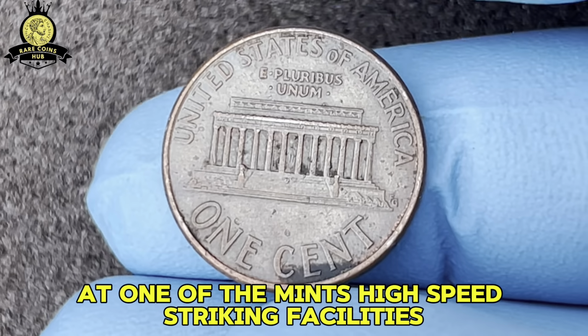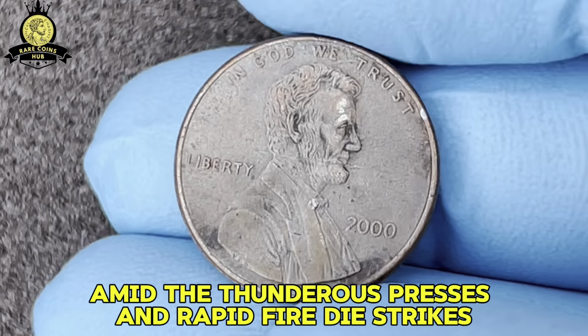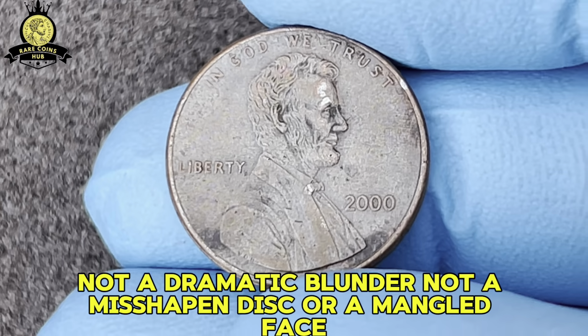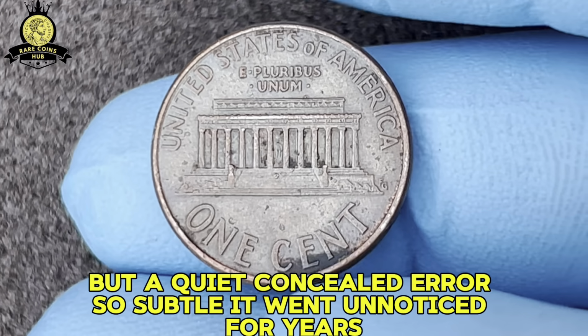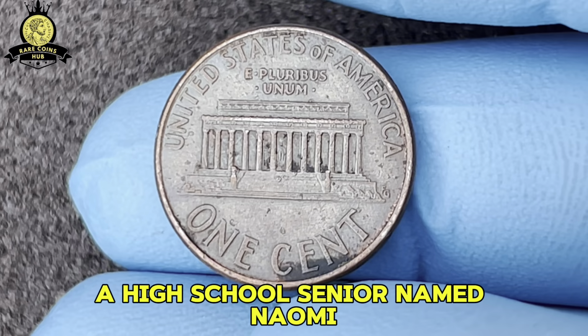At one of the Mint's high-speed striking facilities, amid the thunderous presses and rapid-fire die strikes, a mistake found its way into production. Not a dramatic blunder, not a misshapen disc or a mangled face, but a quiet, concealed error, so subtle it went unnoticed for years. In the heart of Kansas, a high school senior named Naomi had